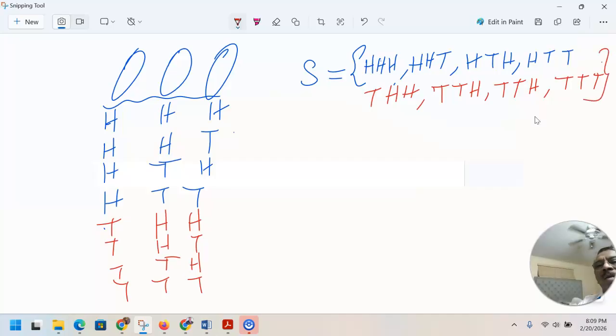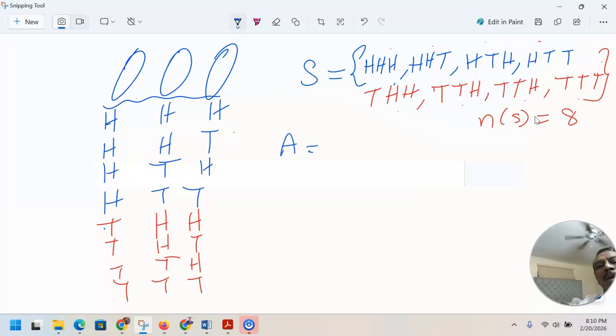So this is the sample space. What is the number of outcomes in the sample space? And you can see there are 1, 2, 3, 4, 5, 6, 7, 8. So this is 8. Now we can create an event, saying an event A that's,